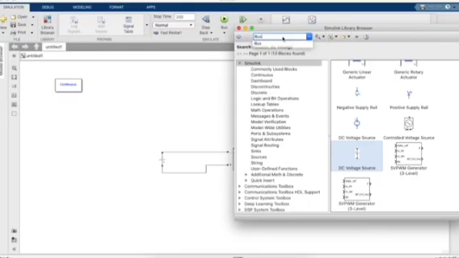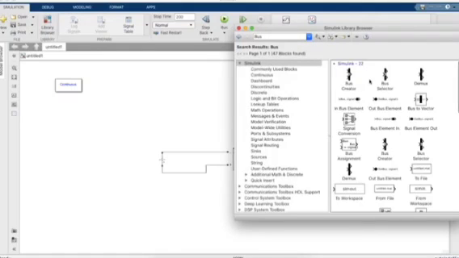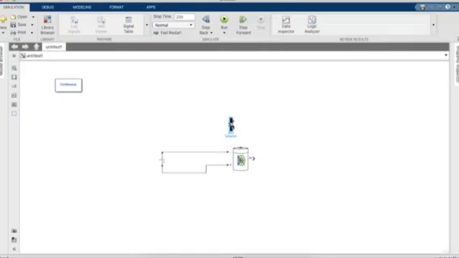So just connect the bus and select the SOC parameter. SOC stands for state of charge.